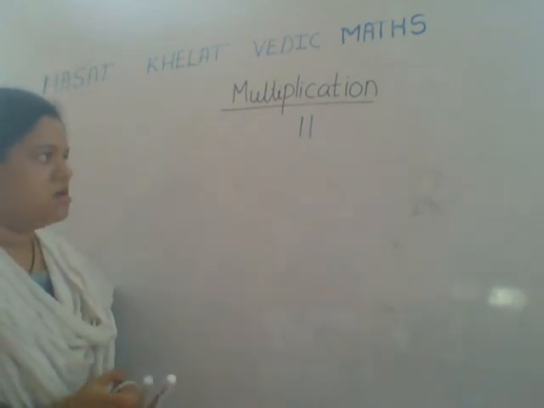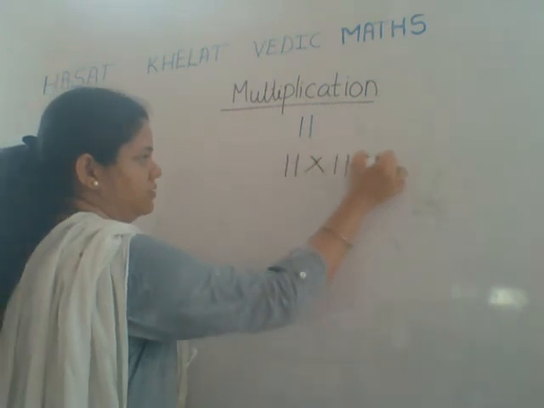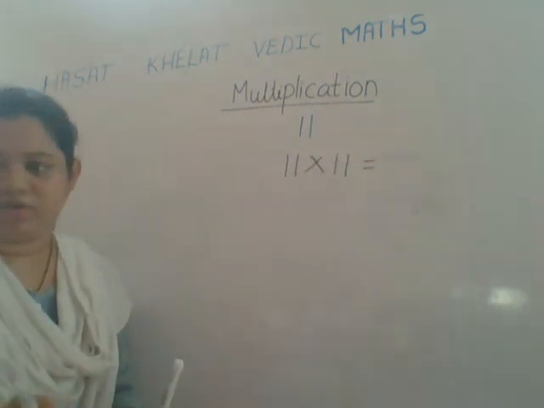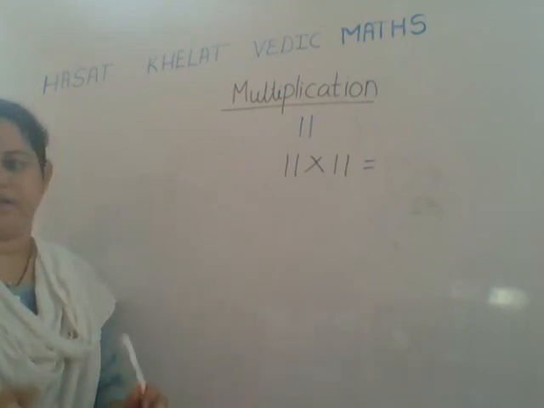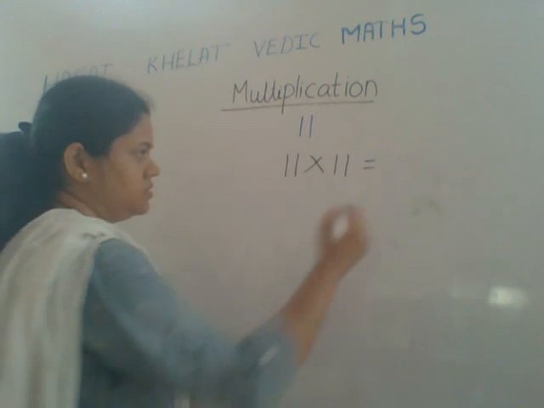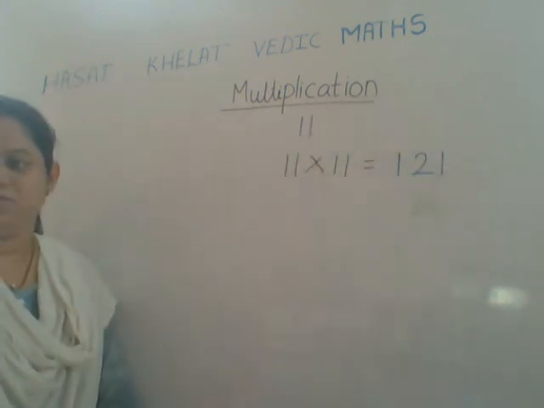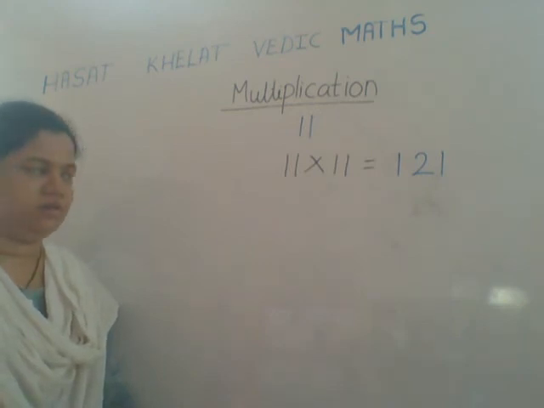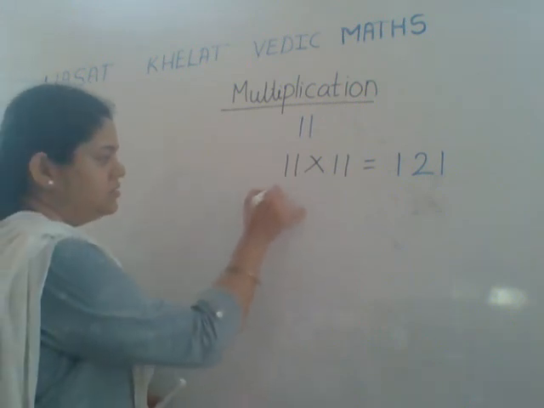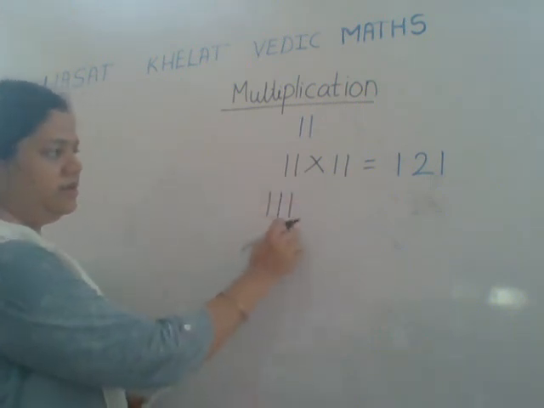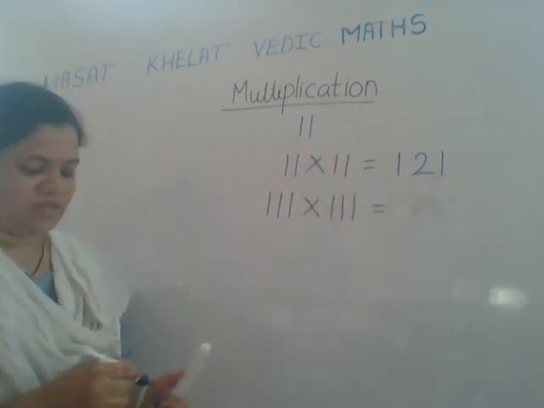If I write 11 multiplied by 11, those who know the concept of square may be easily able to calculate it. And the answer for this is 121. If suppose I wrote the number as 111 multiplied by 111,